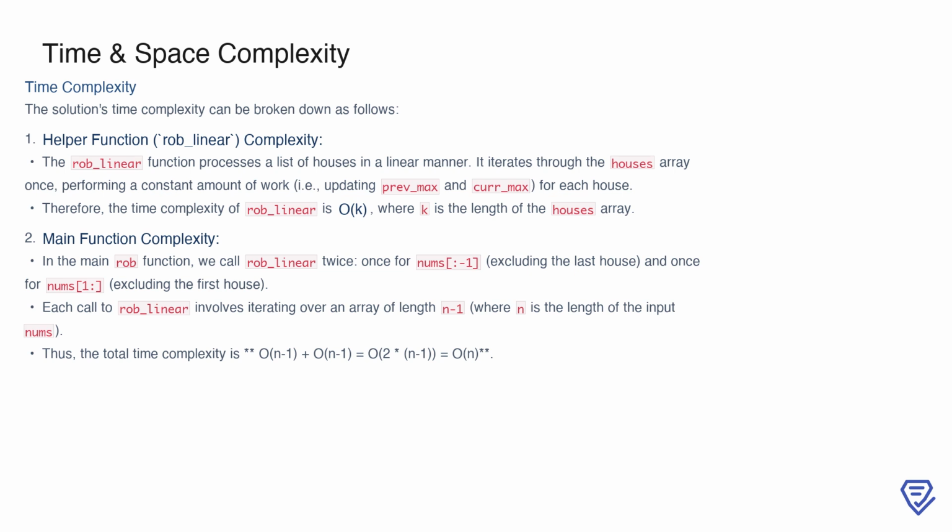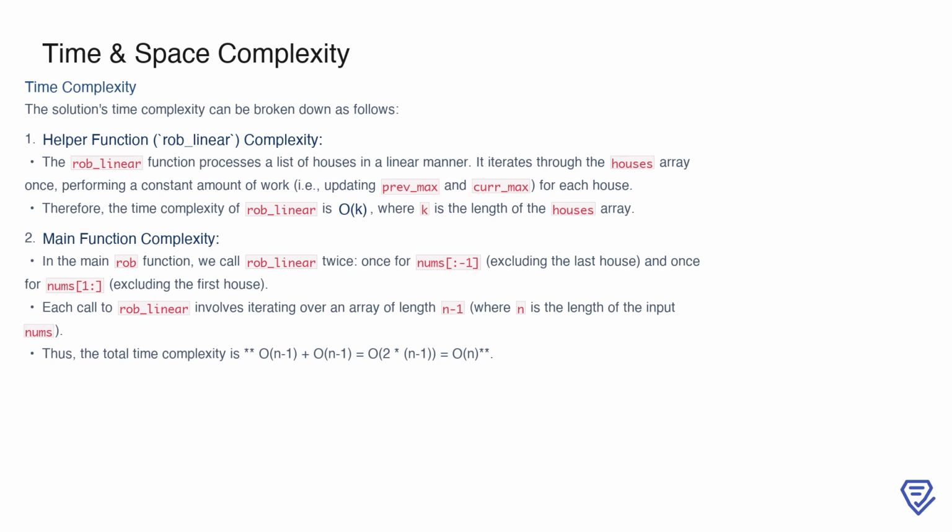The time complexity of our solution can be analyzed by breaking it down into two parts, the helper function and the main function. First, in the helper function, rob_linear, we process the list of houses in a linear manner. This means we iterate through the houses array exactly once, performing simple operations like updating prev_max and cur_max for each house. As a result, the time complexity of rob_linear is O(k), where k is the length of the array